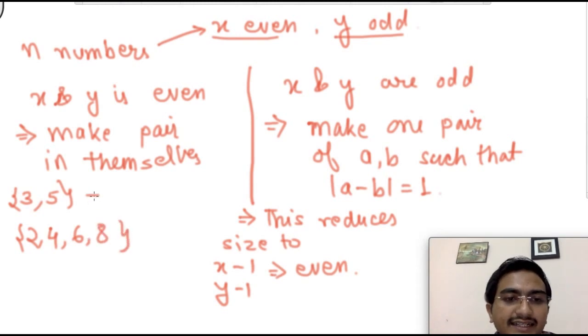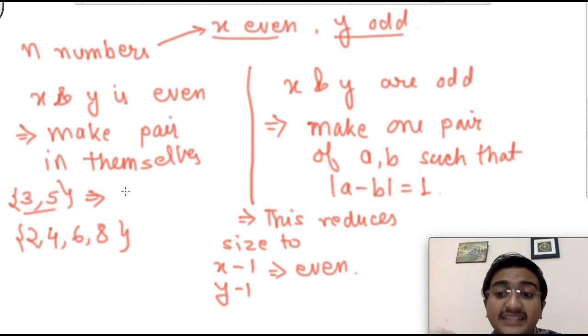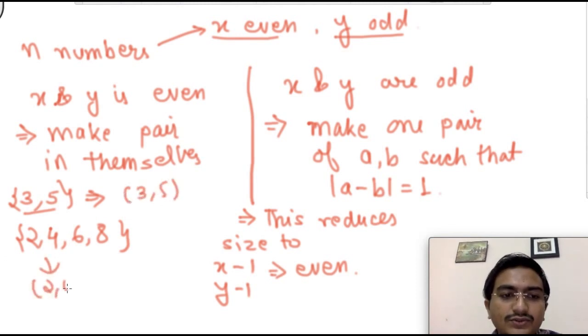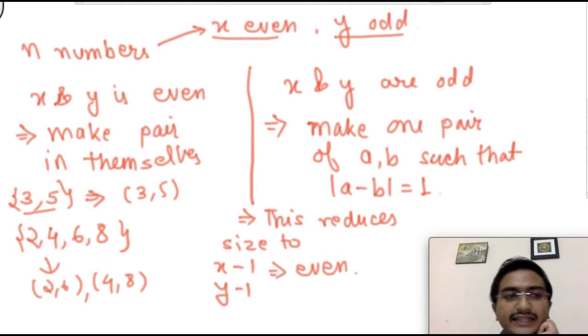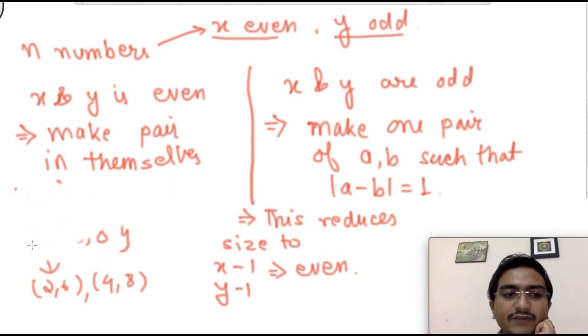So basically what I can do is I can just pair all the odd numbers together because I have an even count of odd numbers. So they can form pairs among themselves, right? So 3, 5, and here also I can have 2, 6, 4, 8, anything I can do. That is not required to find. We have to just output yes or no, right? So I hope that is clear, that if both are even, then this is what will happen.